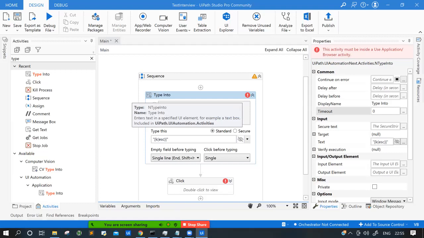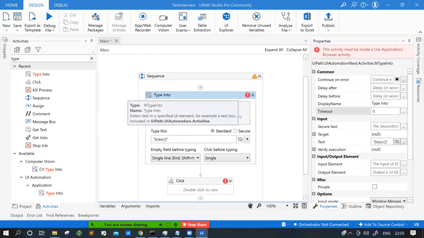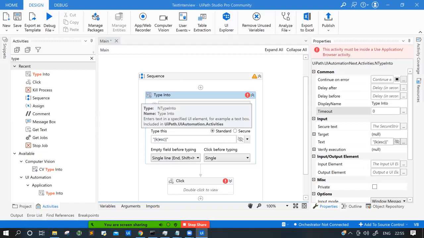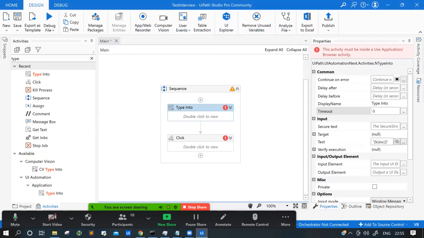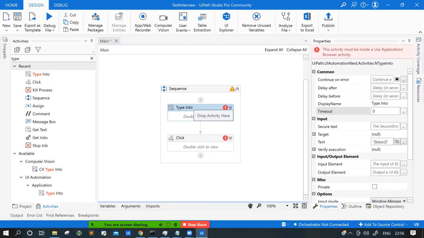If the time is set to 1 hour, the activity will wait up to 1 hour. Basically, if you're typing something somewhere, it will wait for 1 hour, but if that element does not appear on the screen, you will get an error. It will throw an error. If you have done any exception handling, it might save you. But if you haven't done any exception handling, you will get an error prompt message stating that this element is not present or something like that.